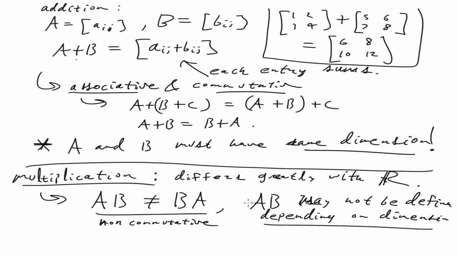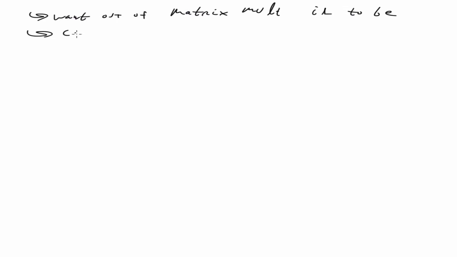So that is another thing. Before, we could always multiply any two real numbers by each other, and it always worked. But it turns out here that we need the dimensions to be just right in order for A times B to be defined. And even when it is defined, they may not commute. So let's actually go through that. What we want out of matrix multiplication is to be continuous or consistent